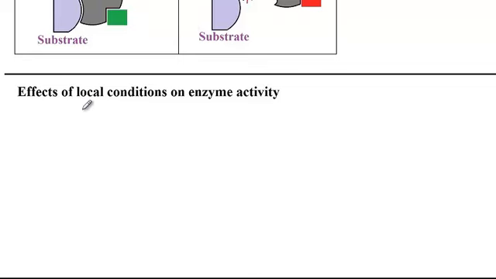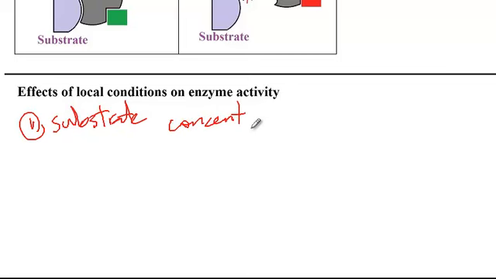So, effects of local conditions on enzyme activity. Number one, substrate concentration is one factor that affects the rate of a reaction. Imagine we have thousands of enzymes, but we only have one substrate. The enzyme is very limited because we don't have any substrate here. But as we add more and more substrate, these substrates will bind the enzymes and the rate of the reaction will continue to increase until all the enzymes are saturated, and at that point we have reached our maximum